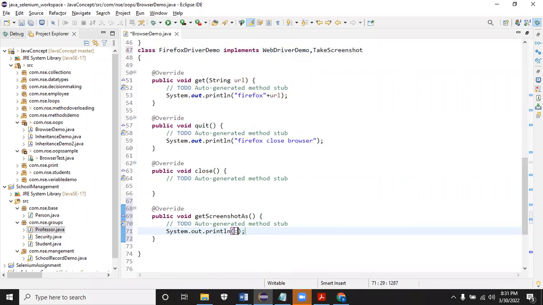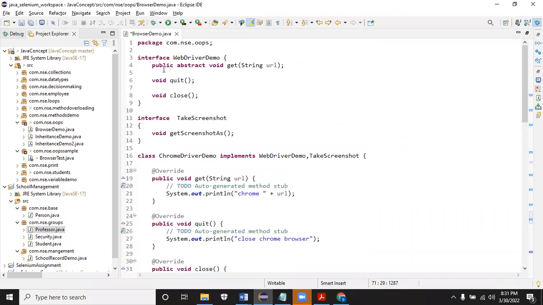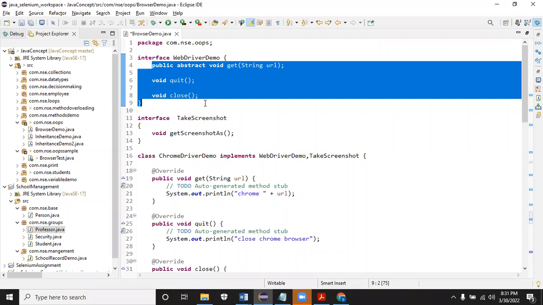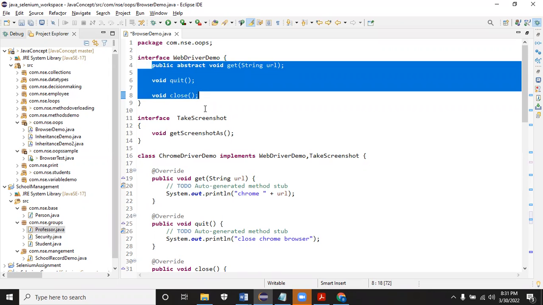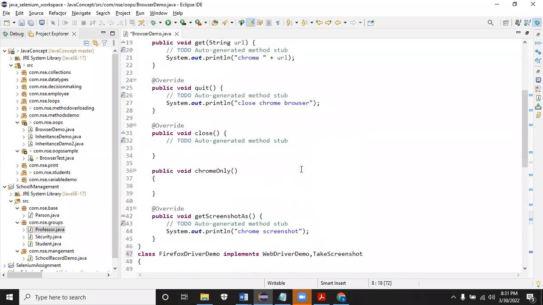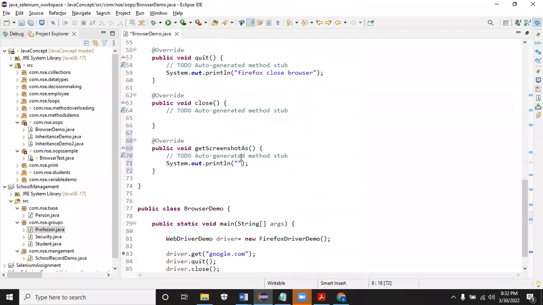Suppose assume that in IE it's not able to create the screenshot, then I don't want to implement it. That's why they are segregating it properly. They don't dump all the methods inside WebDriver itself. They will try to segregate it. These are all mandatory methods. Without this, you cannot do the operation. That is the concept. Selenium WebDriver is what we are discussing. Whatever is mandatory, those things will be added here. Additional details, they will create a new interface and make sure it is supported by all the browsers. That's what they will move on step by step. And suppose one browser is not allowing you to take screenshot because of some security reason, you don't want to implement that interface.